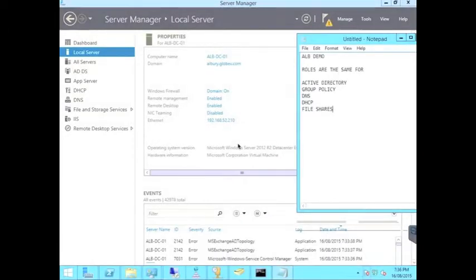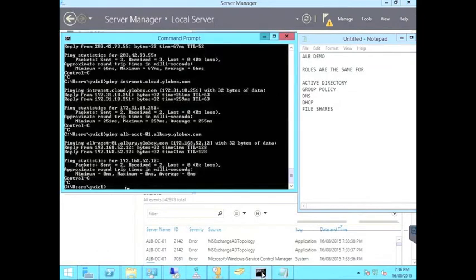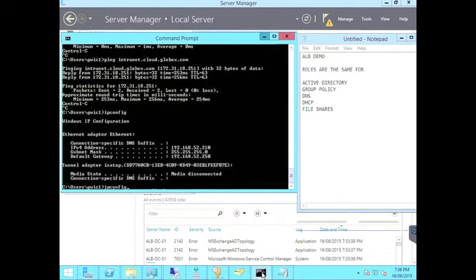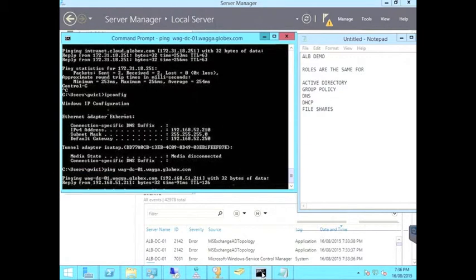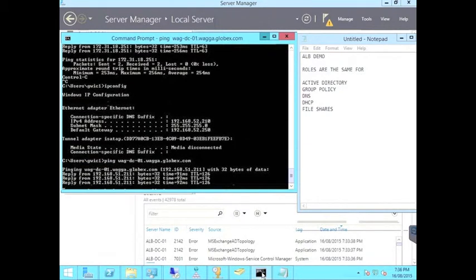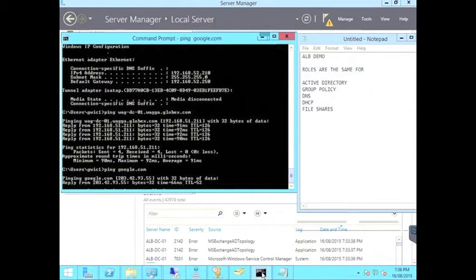The Albury server is now shown. As the server roles are very similar to the Wagga server, individual demonstrations will not be performed, but a quick overview will be given. We'll start with some basic ping tests. We can see the local IP here. We are now pinging out to the Wagga domain controller hostname,